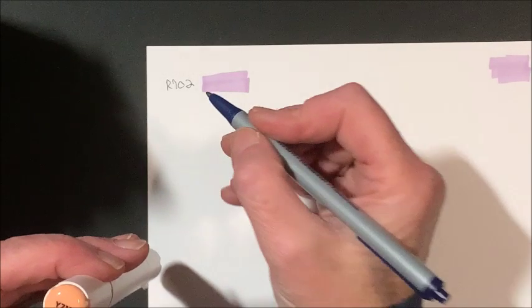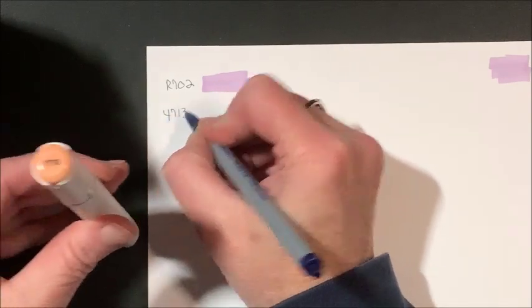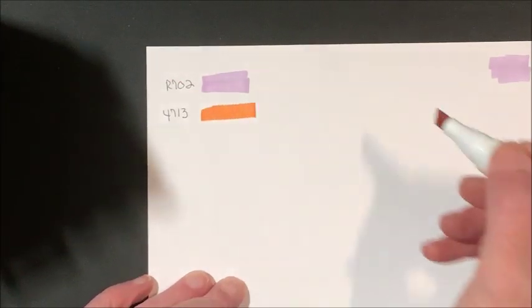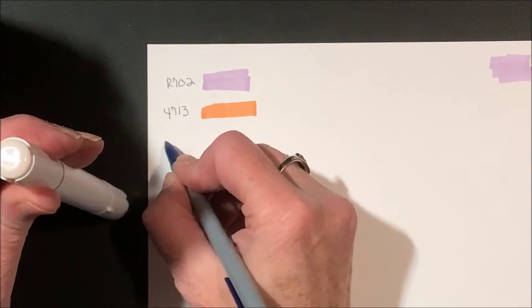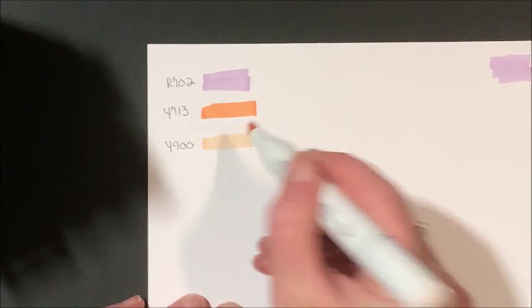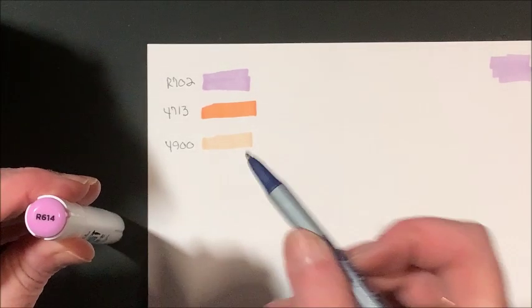So Y713. Okay, that's really orangey. Let's take these out as I do them. Y900. That's a nice skin tone. I like that one. Here we have